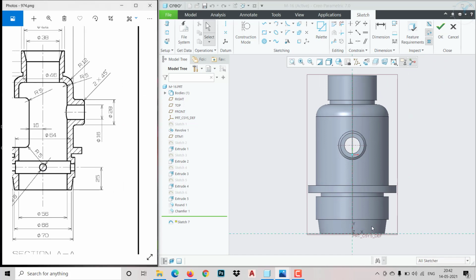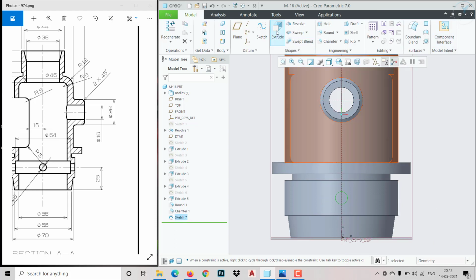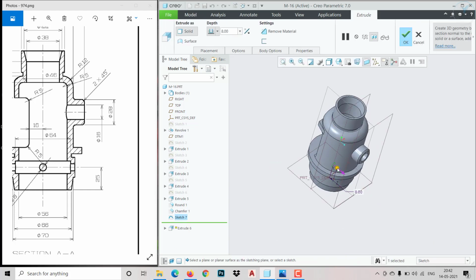Okay, so let me click on center and circle, let me place it here, escape, click on this, choose diameter symbol, give dimension as 8 and push it in at 25. Click OK. So extrude, it is in the middle, so let me choose through all, remove material, click OK.